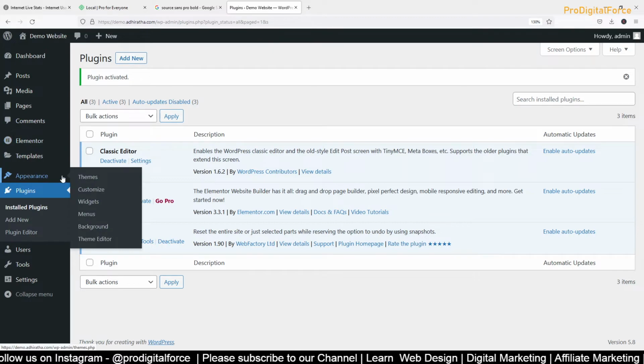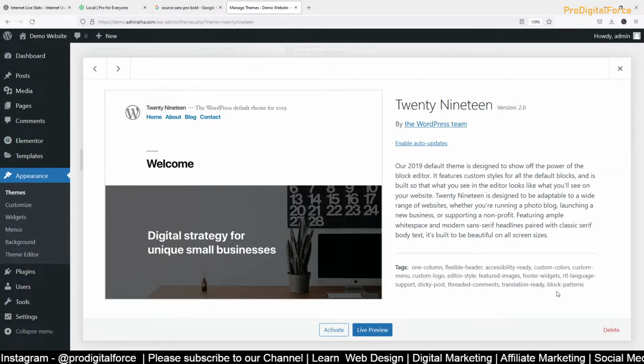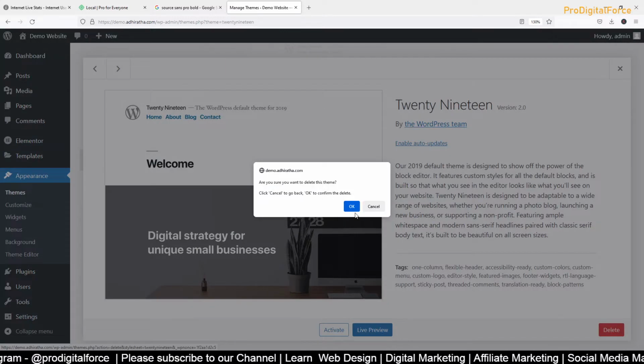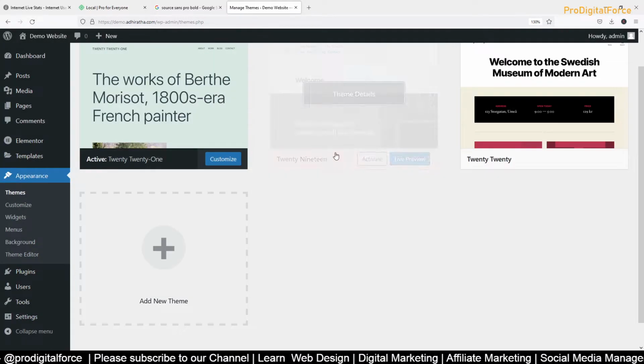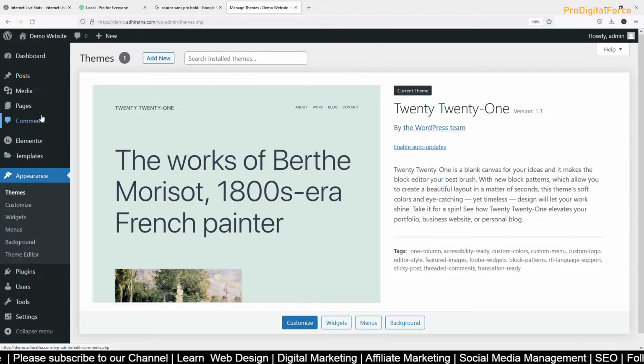We'll get to appearance, themes. Again, we don't need this additional, add new.